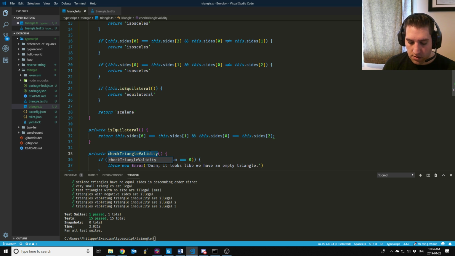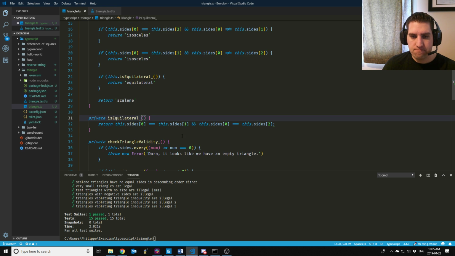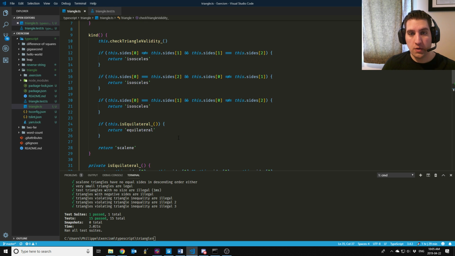Oh, and I forgot. For some reason, the Google style guide for JavaScript and TypeScript, anyways, says that we should name private properties and methods with an ending underscore. So that's what I'm going to do. Okay, and